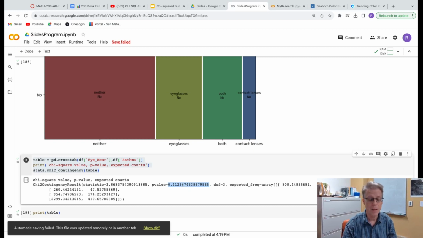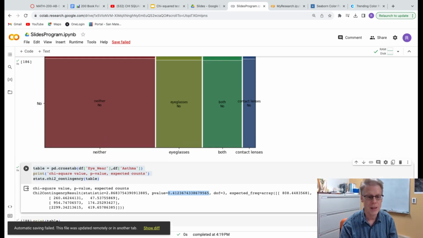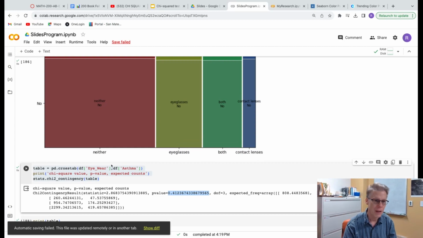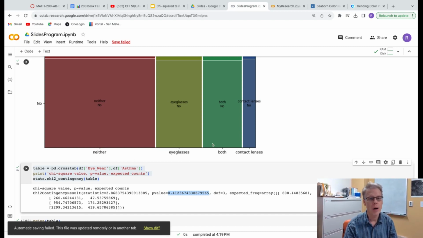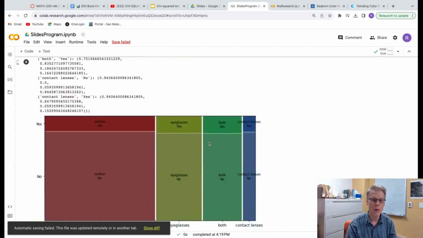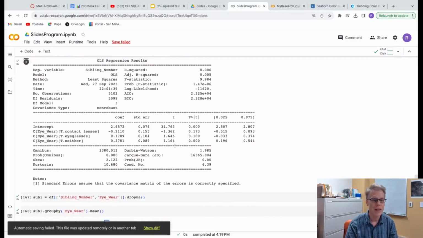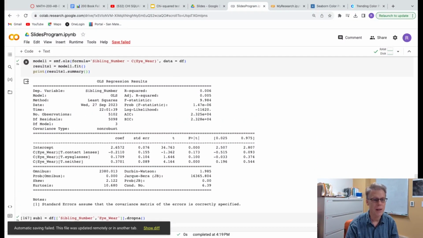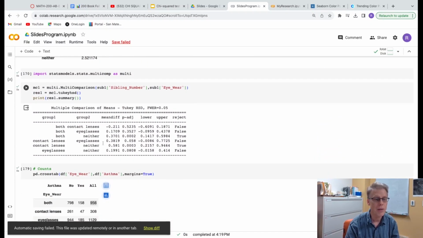But some of you will have significant p-values. If it's less than 0.05, you have significance. And when you have significance, p-value less than 0.05, and your explanatory variable has more than two categories in it, mine has four, when that's the case, you have to do a post hoc, just like we had to do with our F-test with ANOVA, right? So we had to see which out of the different categories that difference came from. And here's the post hoc, the Tukey.